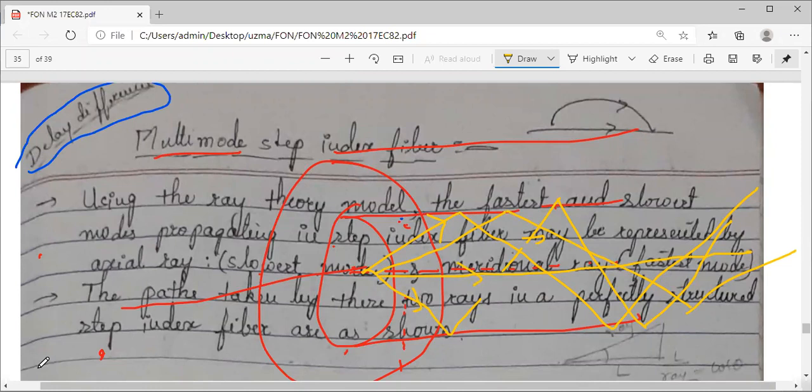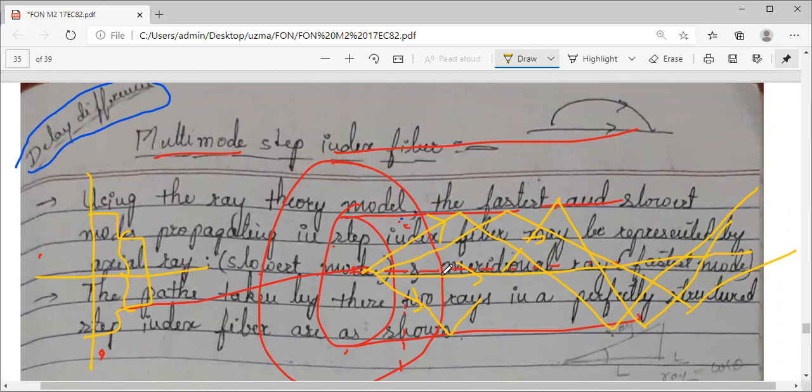If you have these different modes, these rays, even though the core has a constant refractive index, I am talking about step index, because in step index the refractive index of the core remains constant. Try to recall, we have studied this structure, the refractive index profile of step index. So throughout the core region, your refractive index of the core will be constant. So all will be moving with the same velocity.